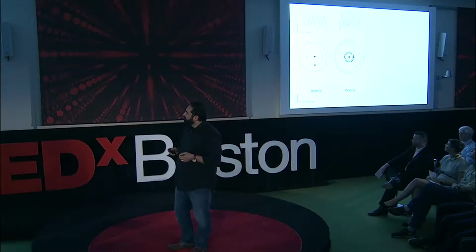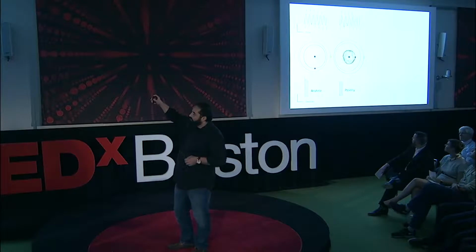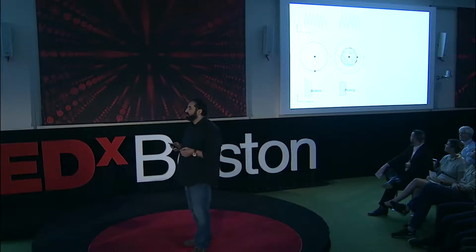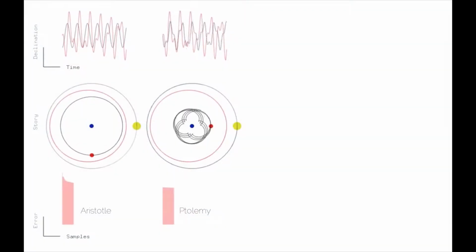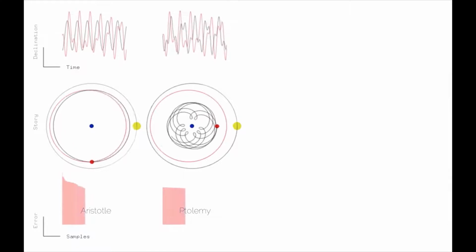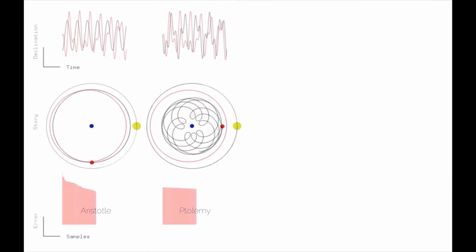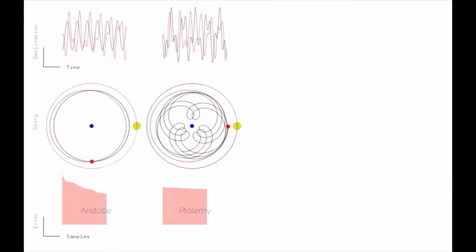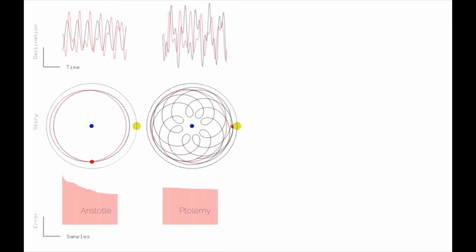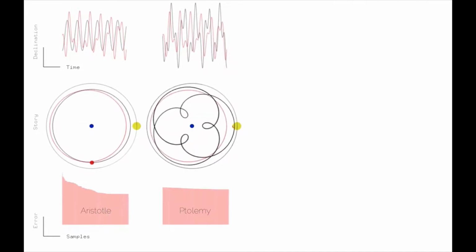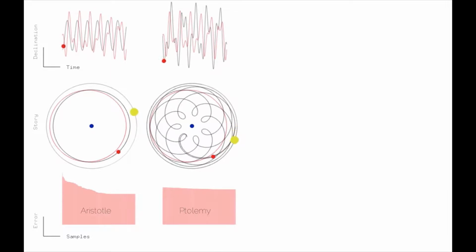But let's really measure that. Let's subtract the red line from the black line for both of these stories. Let's call that the error, the difference in the prediction of the story from the observed data, just like we compared the hairball to Dan. Just what's the difference? And you can see in Aristotle's story, the error is going down. And in Ptolemy's story with epicycles, it doesn't go down. It kind of stays pretty much the same. In fact, Ptolemy's story was not a step forward for science. But then